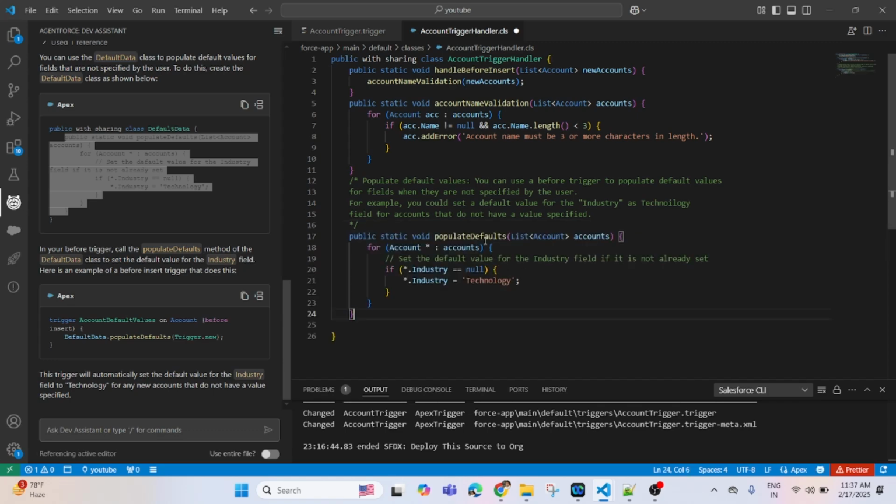Now you see populate defaults. Okay, populate defaults is a field, and that okay accounts is there. On that you see, set the default value for the industry field if it is not already set. Okay. So that in last session I told you wherever there is a star, just assign a variable over there,